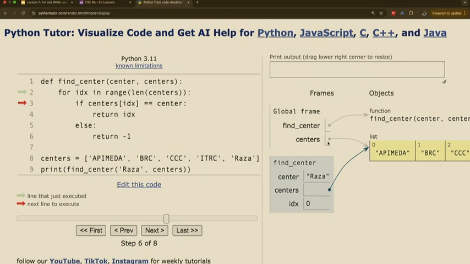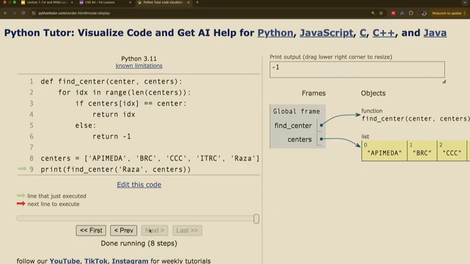Is Apimeda equal to the string raza? No. Right? So, we go next. And then we're done. Oops. We print out false. We print out -1, sorry. We print out -1.